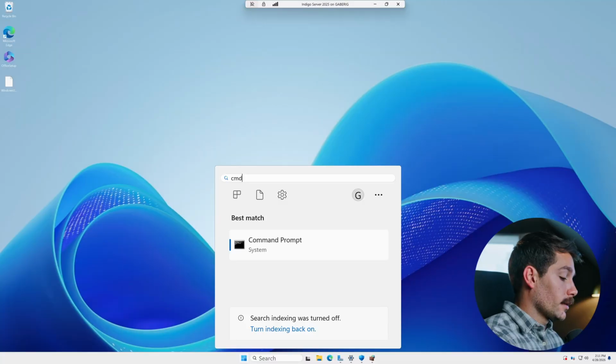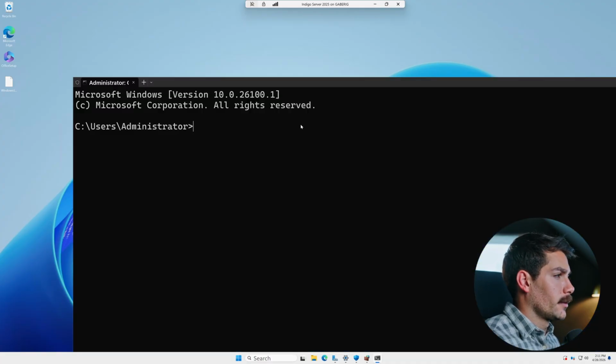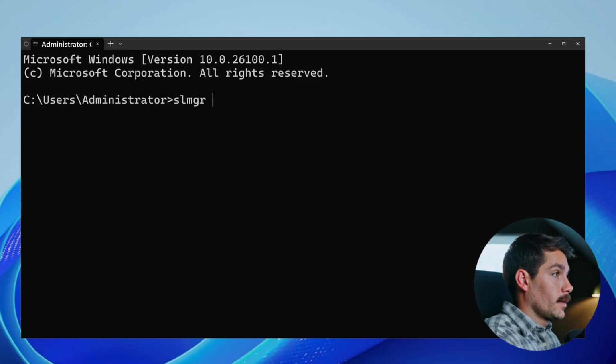All right, step number 7 is to force KMS activation. This is if you're using volume licensing. Again, let's go to command prompt. And again, let's run that as administrator. So right click, run as administrator. Okay, here we're going to type slmgr